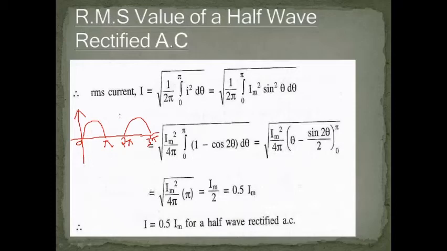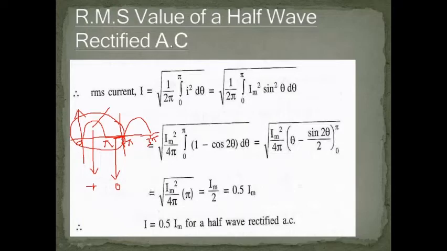So the time period up to 2 pi we are considering. The positive peak is the value. For the pi to 2 pi limit, there is no function value, so it is treated as 0. So now, considering the entire cycle, the magnitude value is for the positive half only. There is no functional value for pi to 2 pi.